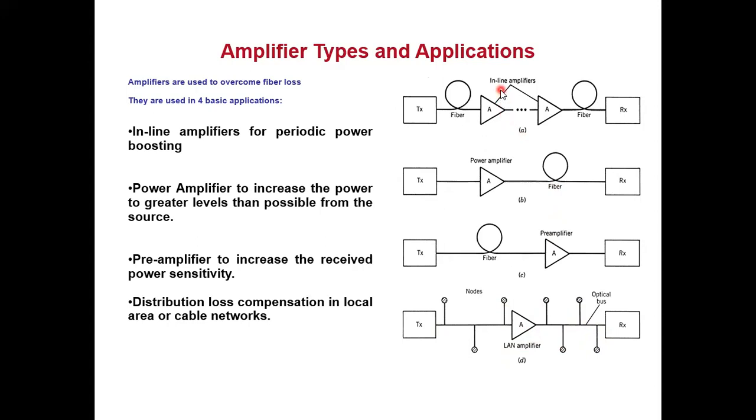So see the names. I have an inline amplifier, a power amplifier, a pre-amplifier, and a LAN amplifier. So what is an inline amplifier? The one line definition is written over here. In long distance communication, I see that the power has decreased, so I want to boost that power level. For periodic boosting, you decide, okay, after every 100 kilometers I put an amplifier. It depends upon the capacity of the network and so on, so it is not fixed.